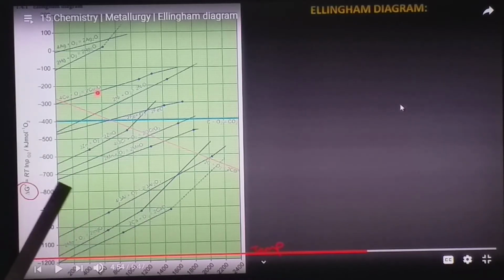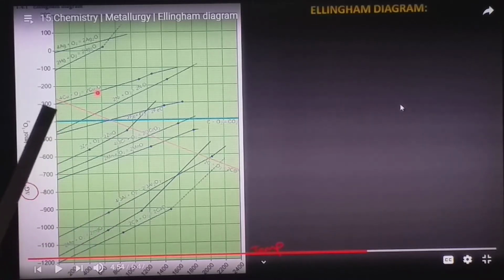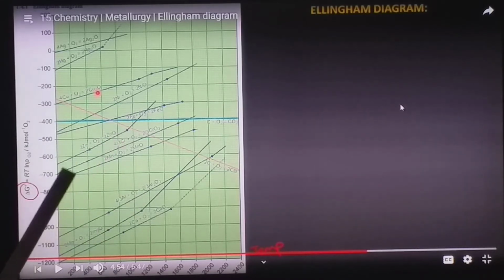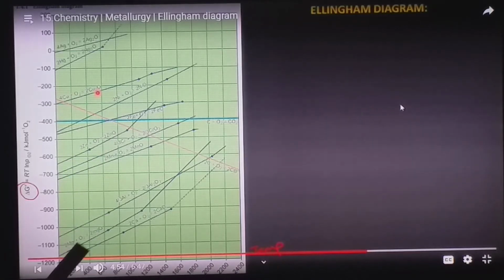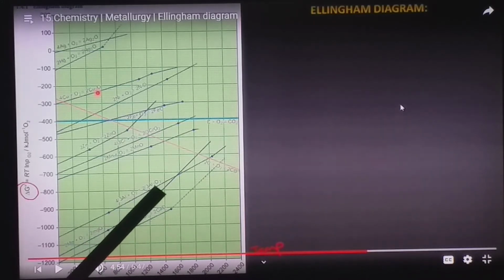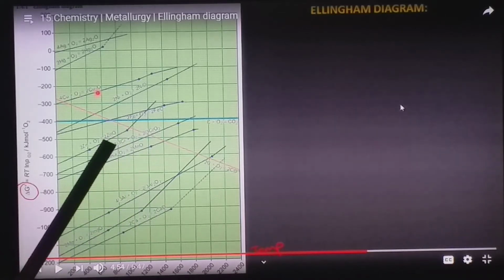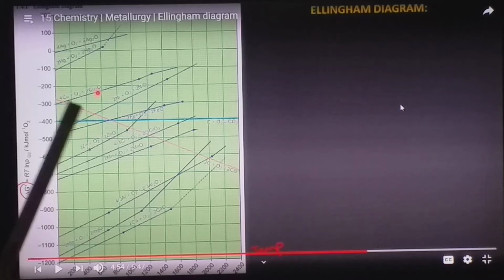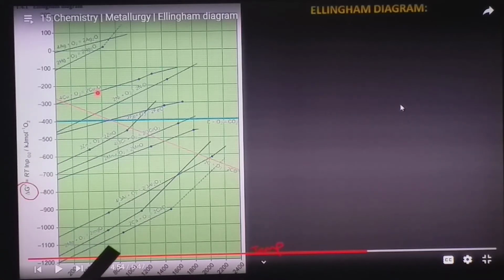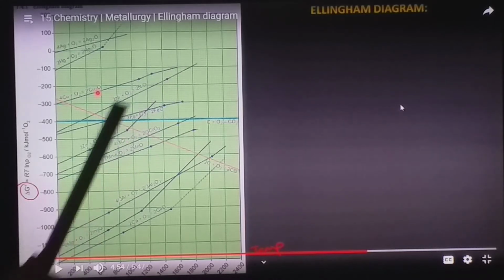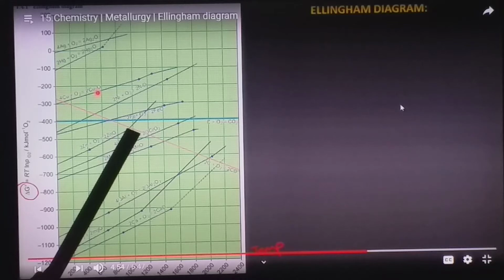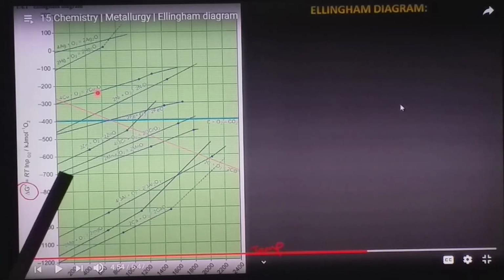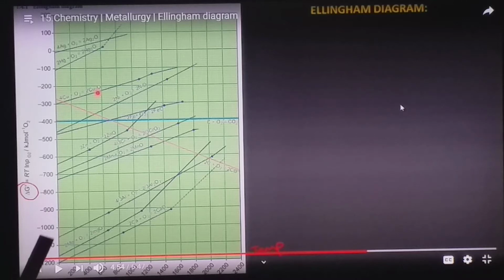So from the graphical representation, all the lines shown here are the formation of metal oxides. First case, calcium plus oxygen gives calcium oxide. Here the formation of magnesium oxide, alumina, manganese oxide, chromic oxide, zinc oxide. In all those cases, from mercuric oxide to the formation of calcium oxide, all the lines are moving in the upward direction. So it represents moving towards the positive value, because all are negative values here.